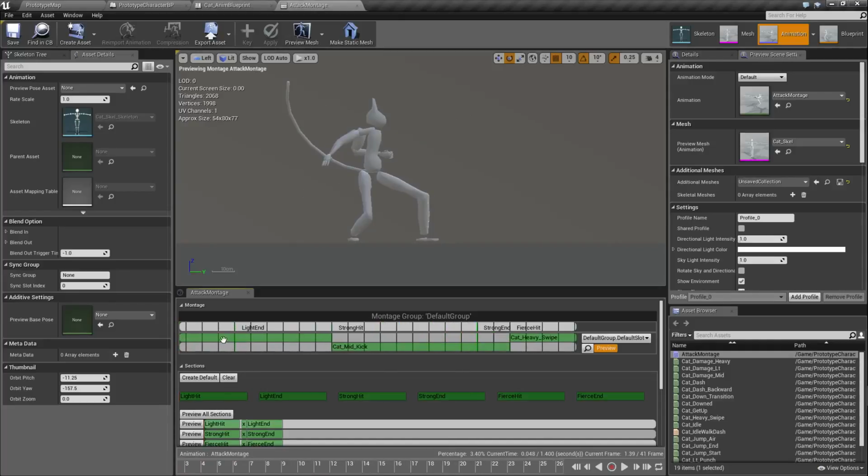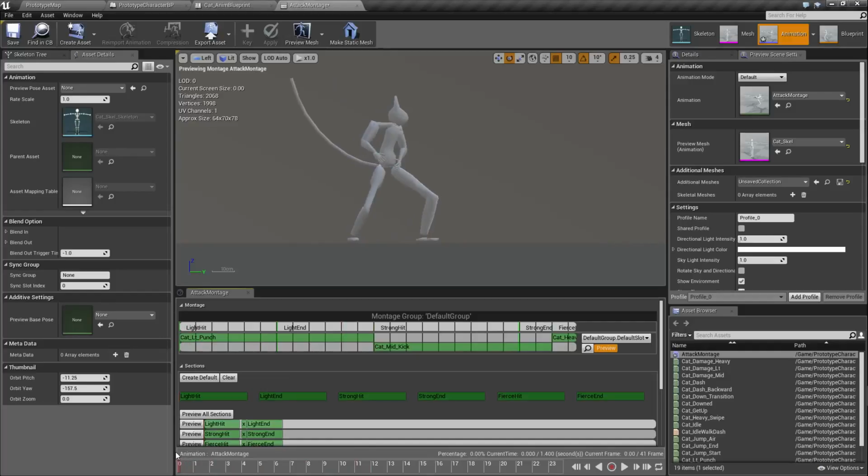this is kind of getting into my workflow here with this stuff, but basically I have the initial hit portion as the section that's going to be called. I have it labeled light hit up here, and then this next section, this light end, this just signifies the end of that animation, and that's just so that when we make combos and stuff, you can go from this hit straight into this hit without having to play this end part, which is typically what happens